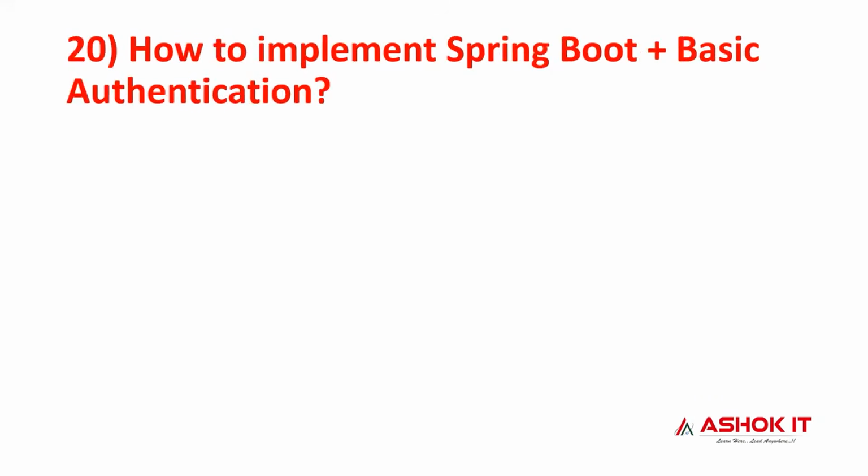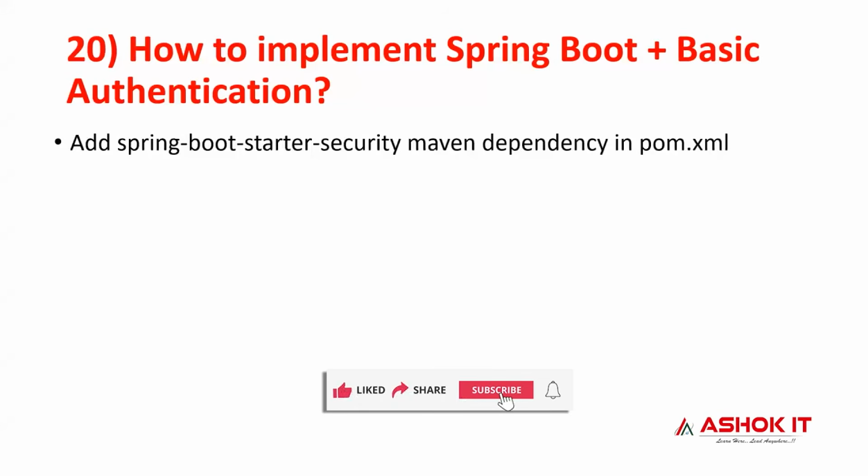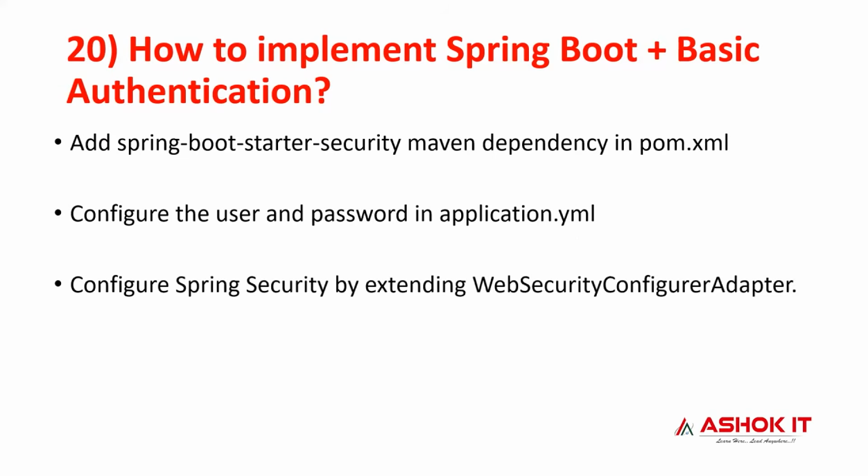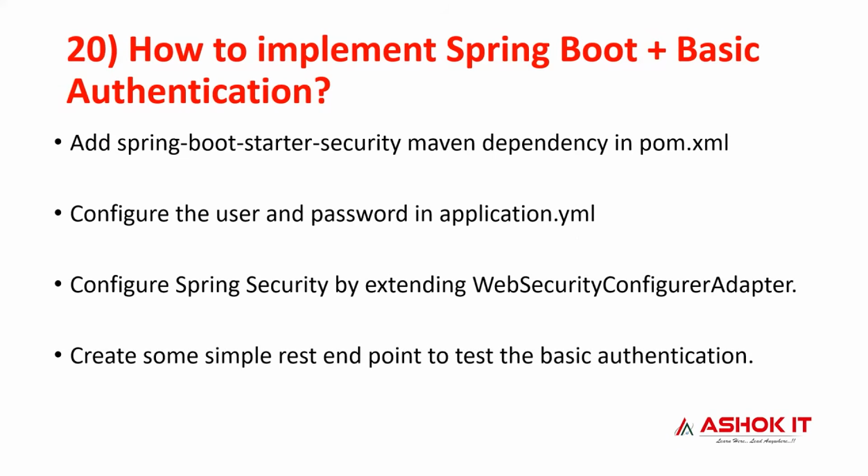Question number 20. How to implement Spring Boot basic authentication? To implement basic authentication, you need to create a Spring Boot application with the dependency spring-boot-starter-security, or you can add it manually in pom.xml. Then in application.yml, you need to mention a default username and default password. You can define a security configuration class, that is WebSecurityConfigurerAdapter, and define some